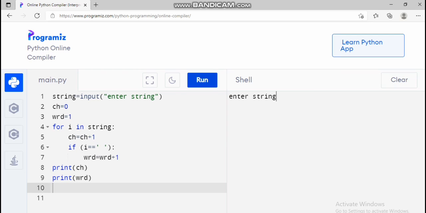I'm entering the name here, Devesh Joshi. Okay, how many words are there, and length, it will also count, meaning the characters in the string. See, 12 characters, and how many words are there? There are only 2 words. Got it? You can count it also: Devesh, D, 1, 2, 3, 4, 5, 6. It will also count space, 7, 8, 9, 10, 11, 12. So 12 is the length of the characters, and there are only 2 words. First is Devesh and second is Joshi. So this way it will work. Got it, students? Thank you, students.